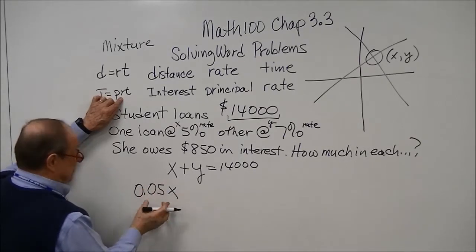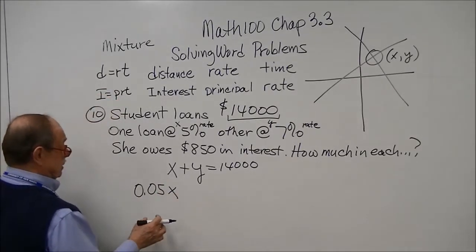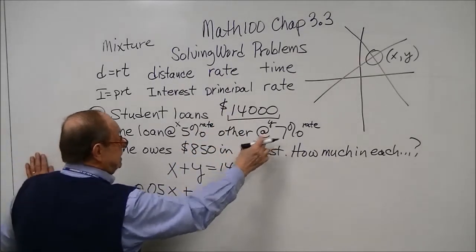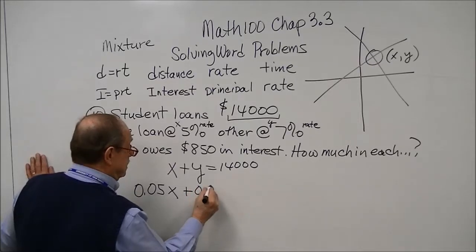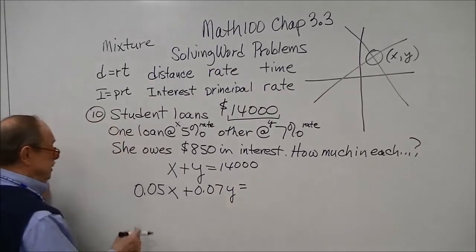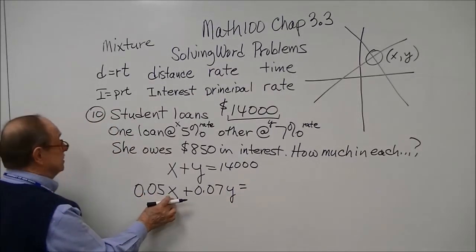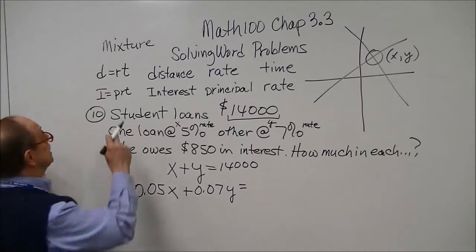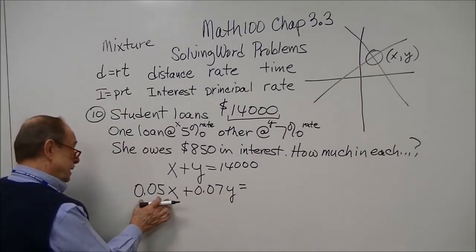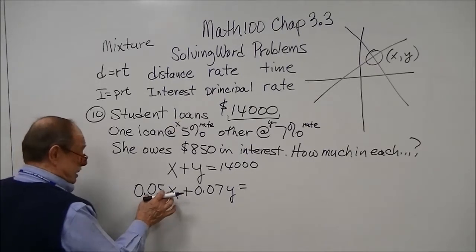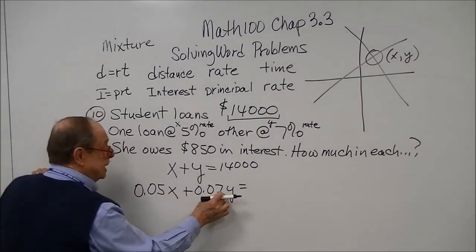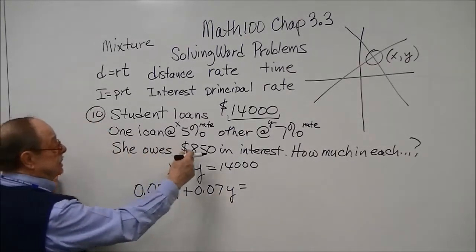We could have put just 5%, but I'll show you how to work that later. Plus 7% is the other rate of y. So this is rate times principal, and time is 1 year, so we don't have to put the 1 in there. So this is the interest at 5% of that portion of the loan, 7% at that portion of the loan, and the total interest now is